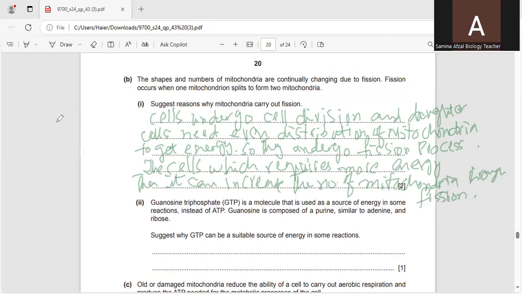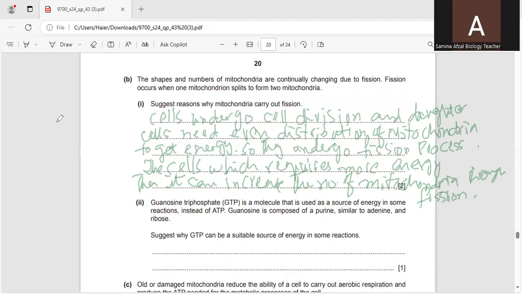When these bonds are broken through hydrolysis, a significant amount of energy is released. This energy can be harnessed to drive endergonic, energy requiring reactions. Then, interconversion with ATP: the enzyme nucleoside diphosphate kinase can readily convert GTP to ATP